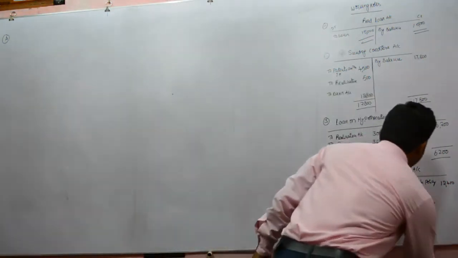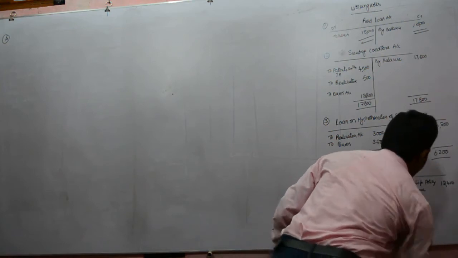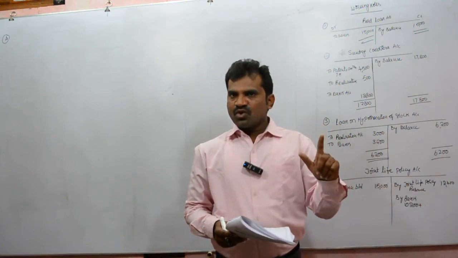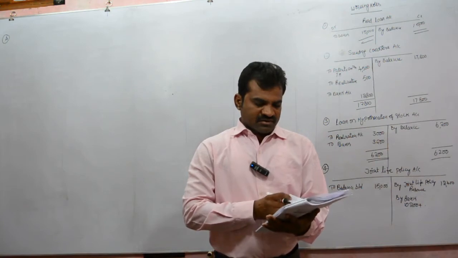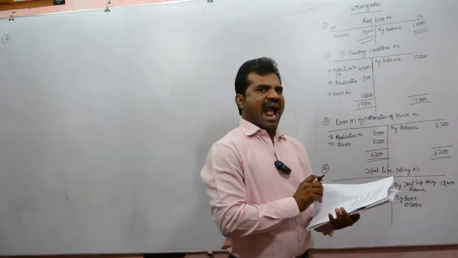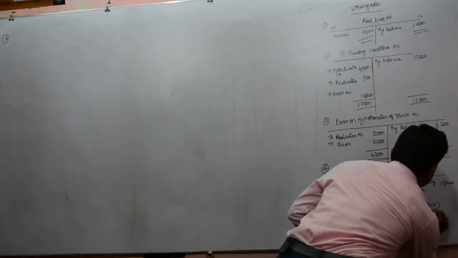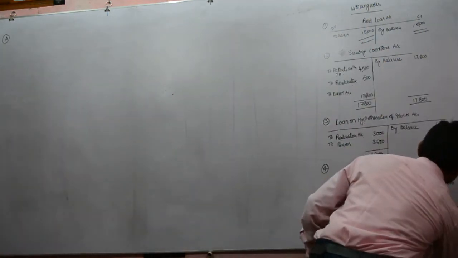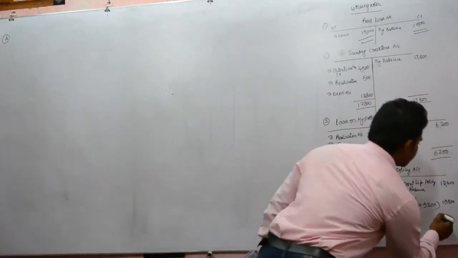So 10,200 they have paid, but before paying this they have deducted 5,000 rupees of loan of Mr. Who is that person? 5,000 rupees of loan of Ad plus interest 5,300. So total realization will be 15,500. Okay, now